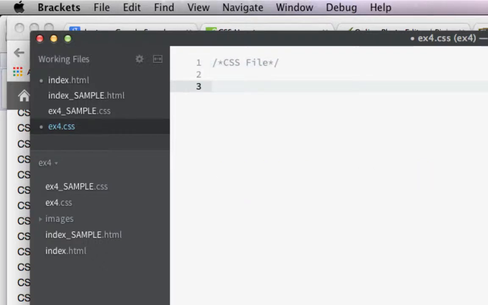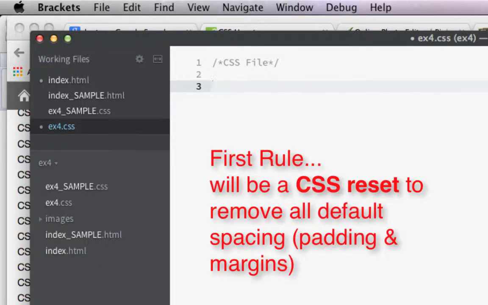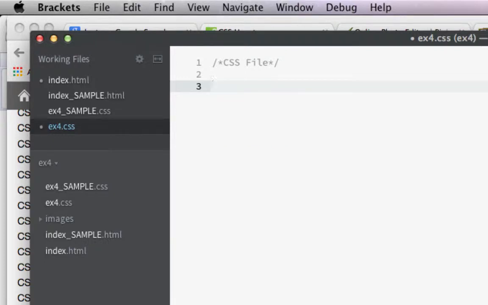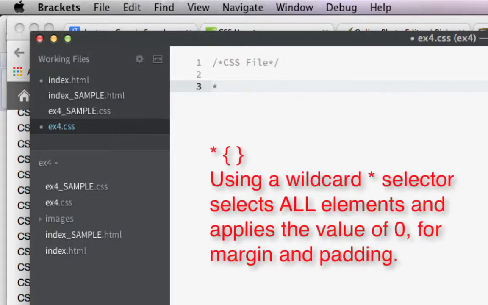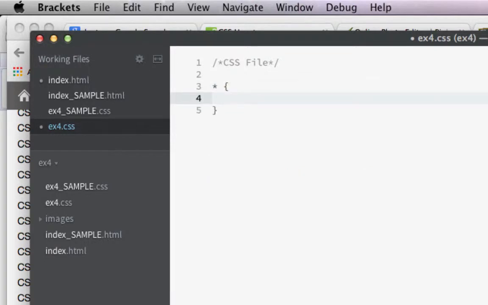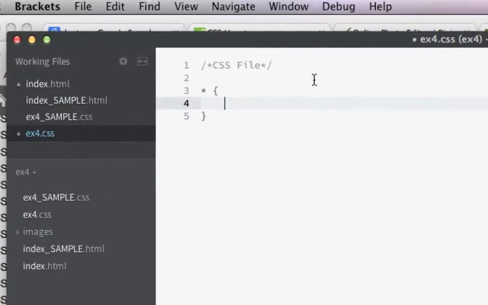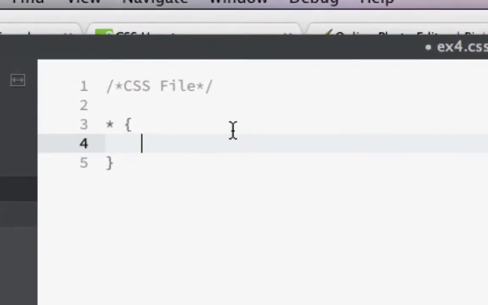And the first thing I'm going to do with my document is put in a reset. You have to dig around to find some of this, but before I select any element, I'm going to select all the elements with an asterisk. It's called a wildcard, and it just means select everything. I'm going to hit a space, and do shift bracket, and it should make two curly brackets, and I'll hit return, and it'll move that down, and it'll put my bracket here. And what I'm going to type in here, you might not know why to do this yet, but I'm going to type in margin